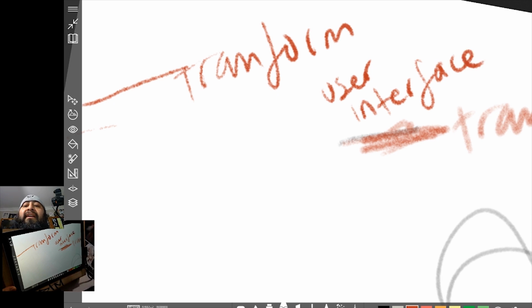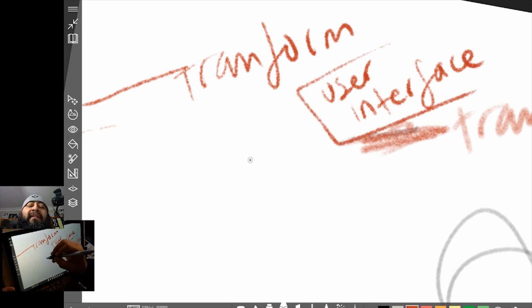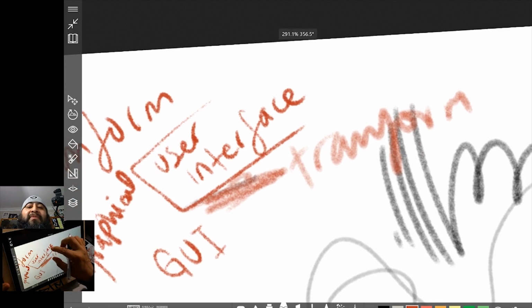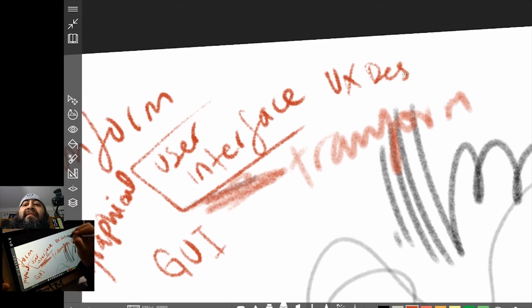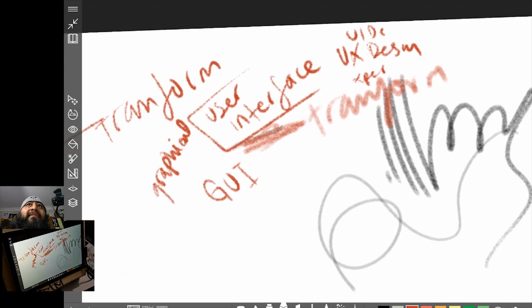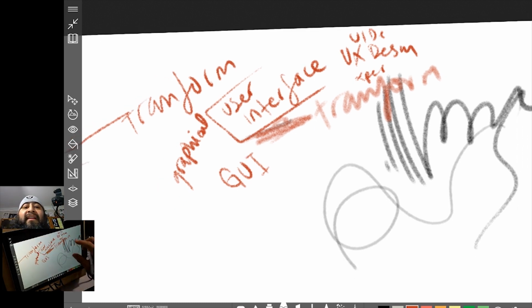So that UI, a long time ago, used to be called graphical. It's a graphical user interface, and they call that GUI. Now it's just user interface, and people who design user interface are UX designers, because the X stands for experience, and UI design stands for user interface design. So if I say UI, I just mean the things that we're looking at in the